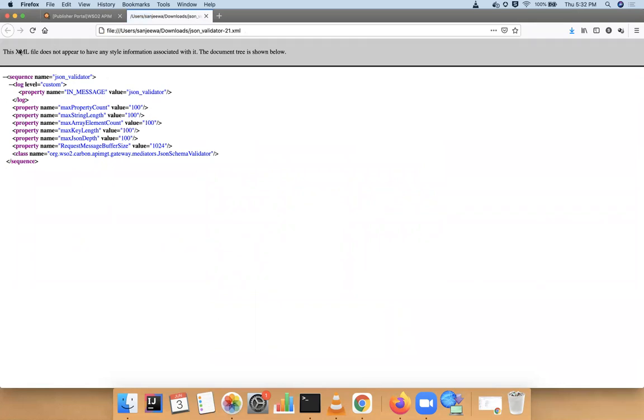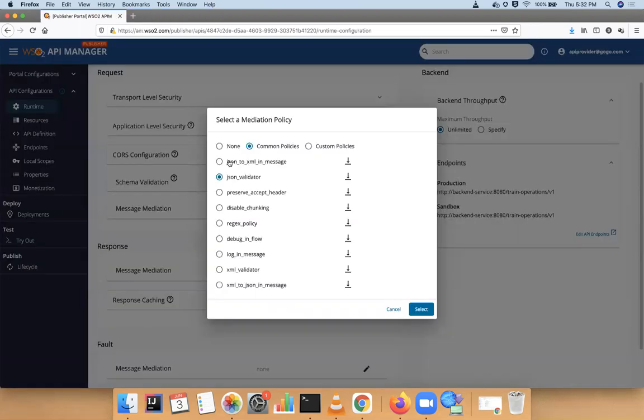If you look at this configuration, you can see we can set certain properties related to JSON messages. We can set max property count, max string length, max array element count, that sort of information, with this configuration. Once you provide this configuration, in the request path we do this validation for your request, and based on the outcome, we decide whether to let that request go to the backend or not.